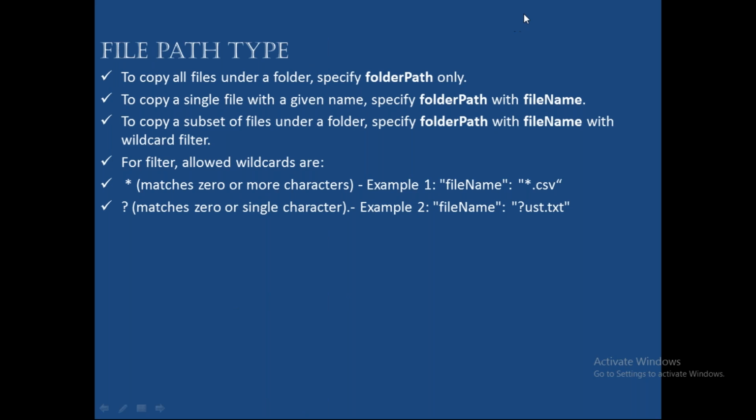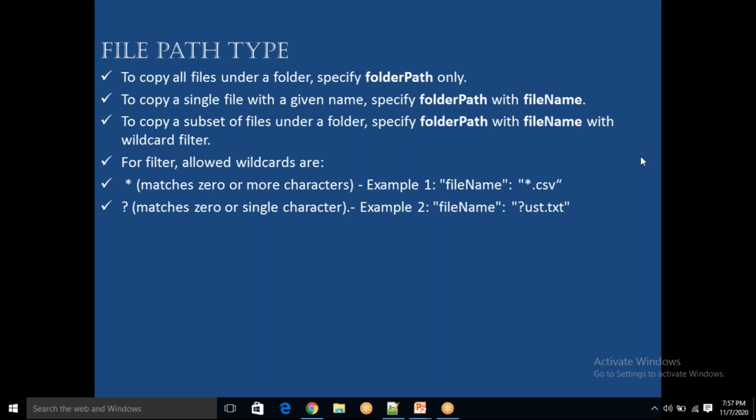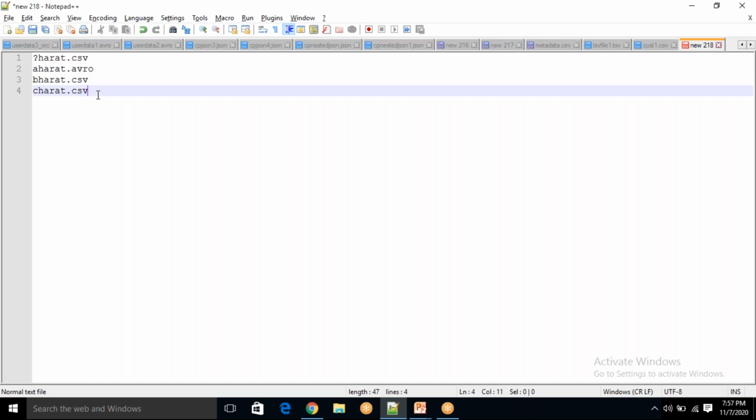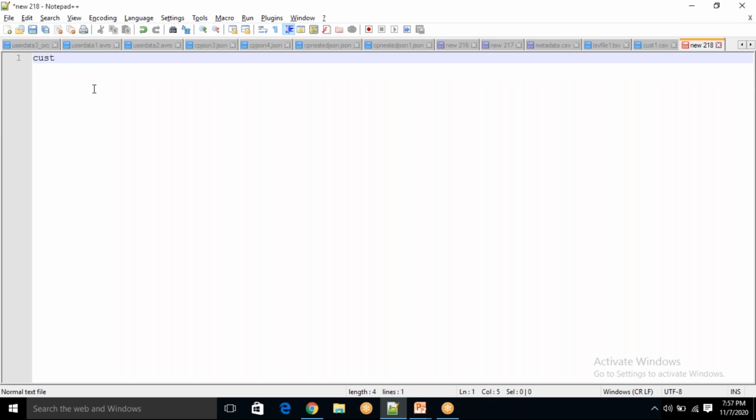Yes, this is Venkat, sir. So only the first letter, sir? Not only the first letter, it can be in the middle also. Very good question. Example: custard.csv. Here I want to put 2. You can put 2 question marks, meaning these 2 characters can be anything. We can put 3, and these 3 characters can be anything. But you can also say 4 question marks. What does it mean? Can you guess it?